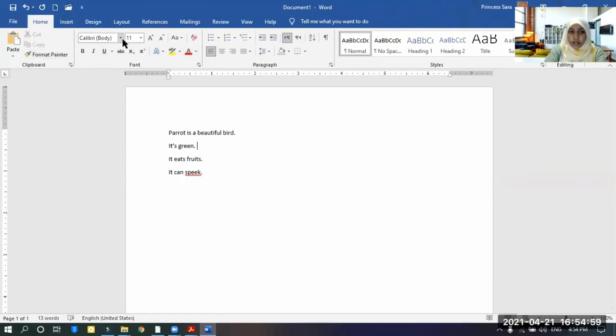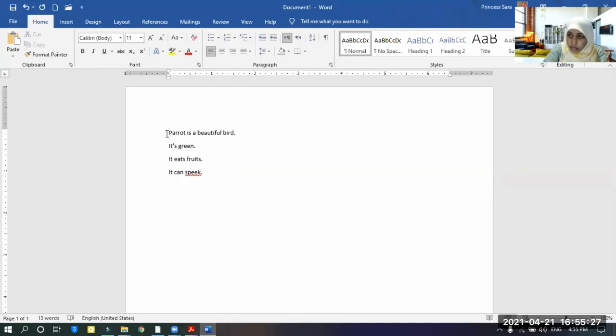First, we will learn what the font tools are, okay? Now, I want to make these letters a little bit bigger. Now what you should do is select your words. Okay, click your mouse, not the right button, the left button. Okay, normally you are using the left button now, right?